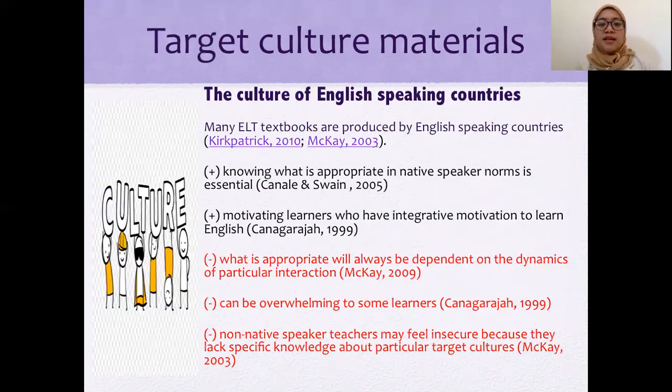And then the second one is target culture materials. It comes from the culture of English-speaking countries that we usually call the inner circle. We are aware that many ELT textbooks are produced by English-speaking countries, and that's why there is a concept of one-size-fits-all. The cultures adopted in these textbooks come from the inner circle or the native speaker, which are usually not relevant to the context where English is learned. While it is important and appropriate to know about native speaker norms, and it may motivate learners who have integrative motivation,